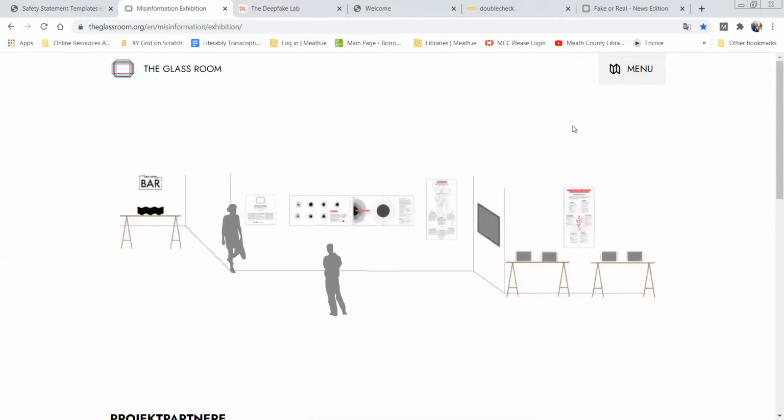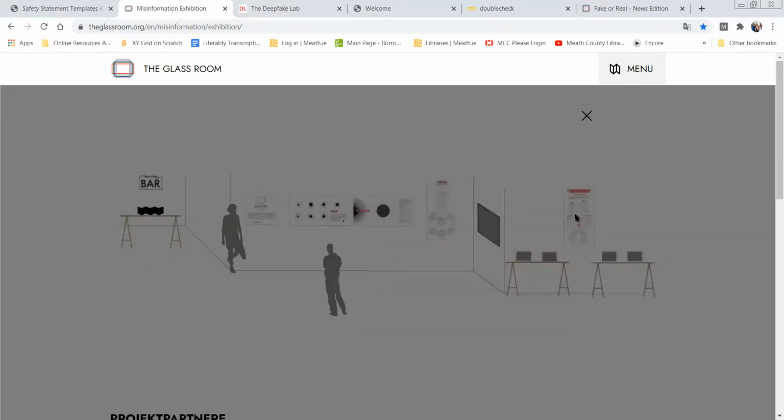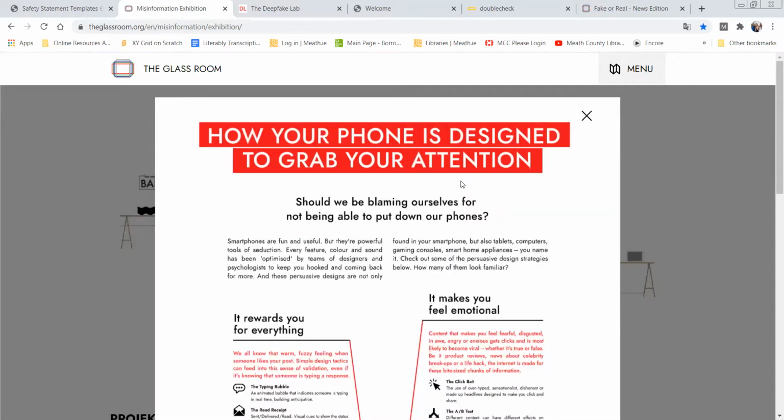Okay, so the last theme in the exhibition focuses on habit-forming behaviors and addictions, and the way in which social media platforms and other technologies are designed to keep us coming back for more. There is a large poster called How Your Phone is Designed to Grab Your Attention, and that's this one over here. And it just talks about the different tricks